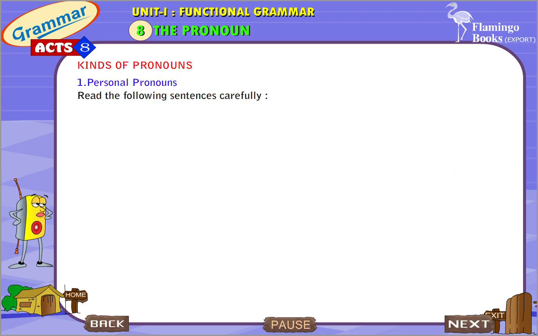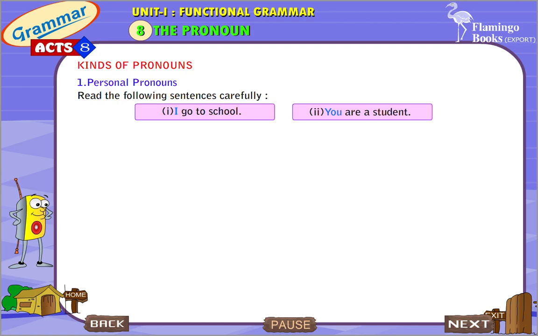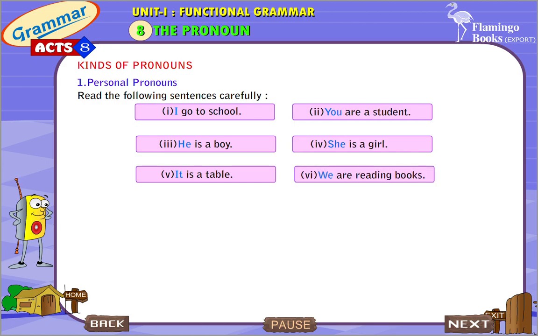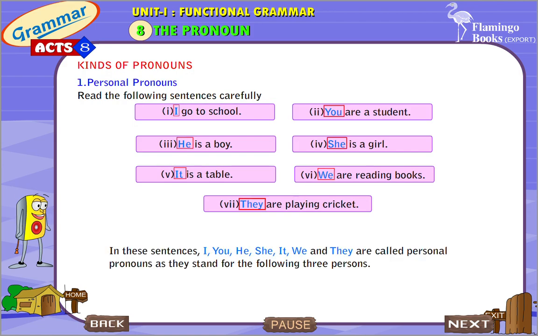Personal pronouns. Read the following sentences carefully. I go to school. You are a student. He is a boy. She is a girl. It is a table. We are reading books. They are playing cricket. In these sentences, I, you, he, she, it, we and they are called personal pronouns as